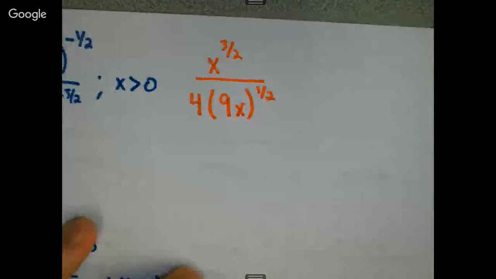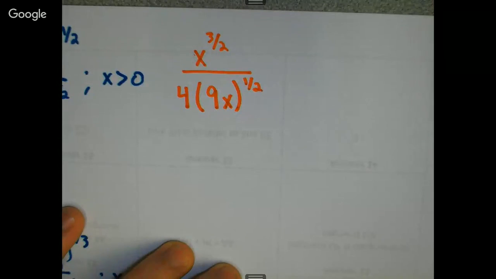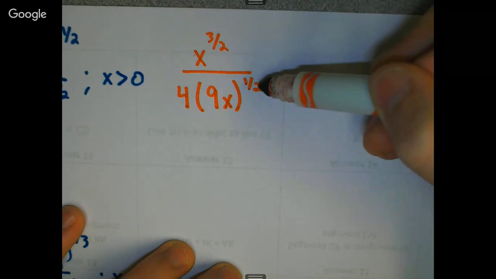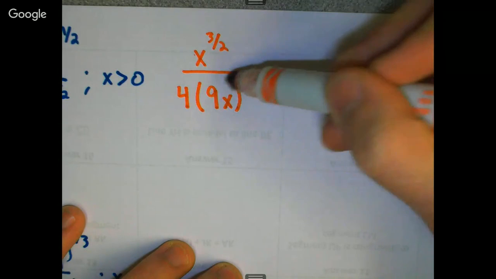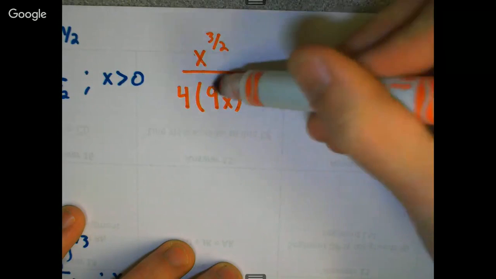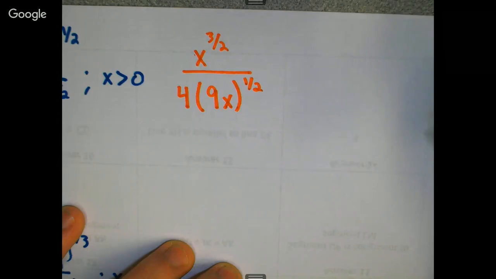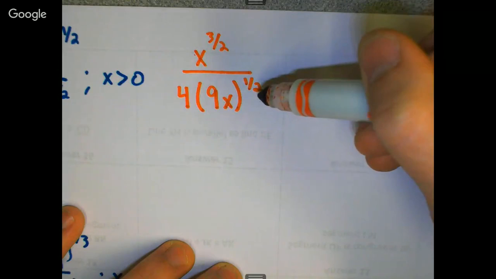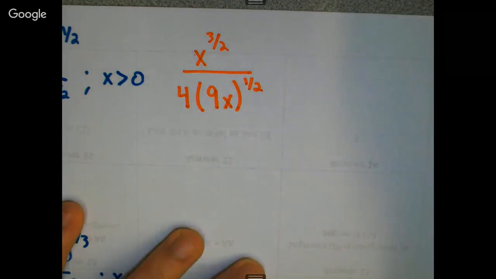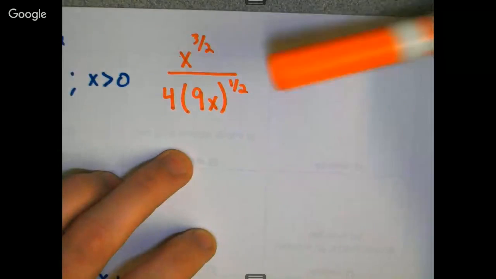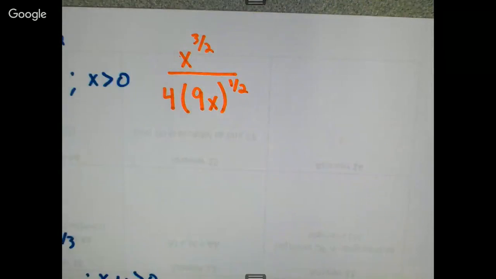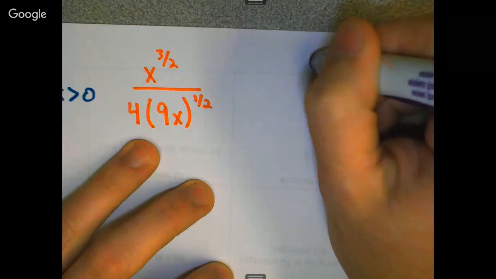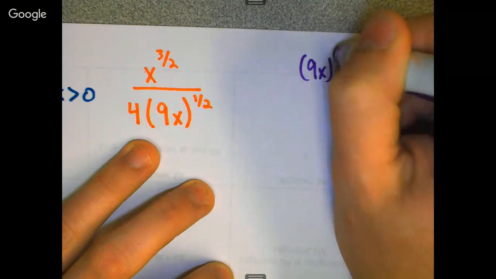Now, this is kind of where it gets a little bit difficult and a little bit different than what we've talked about before, because before I said you cannot distribute this exponent into these. But you also can't write this half number of times. What we could do is we could say that, and I'll do this up over here. Okay, the 9x to the half power